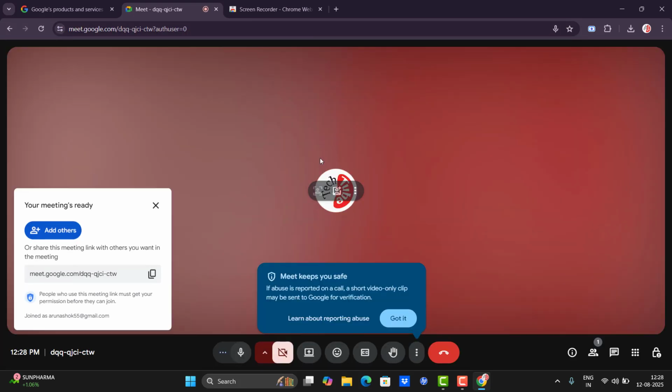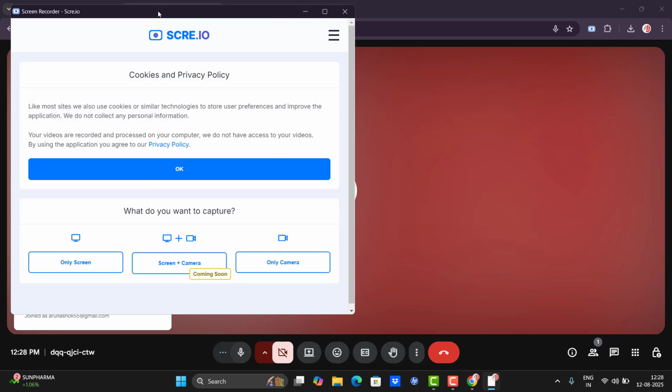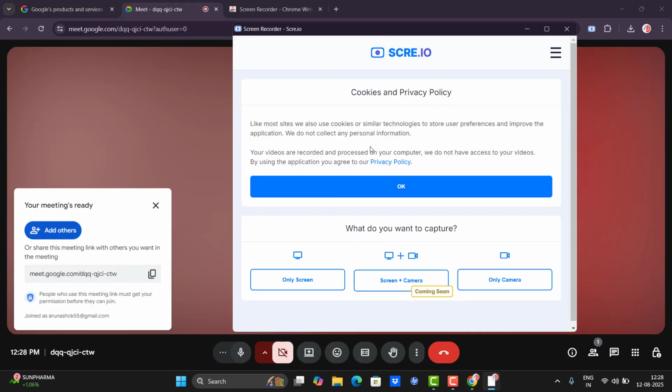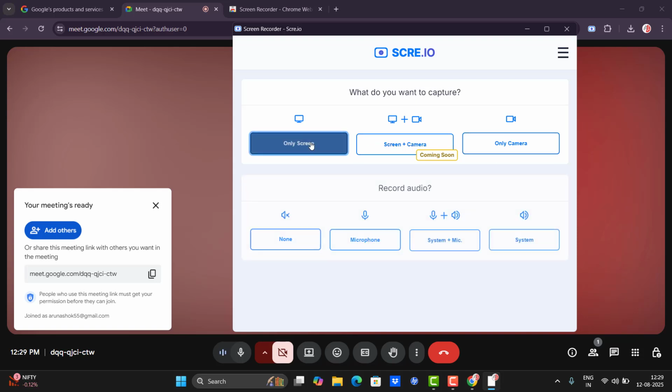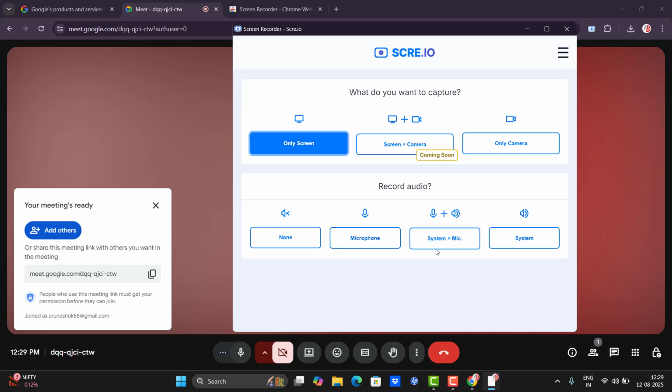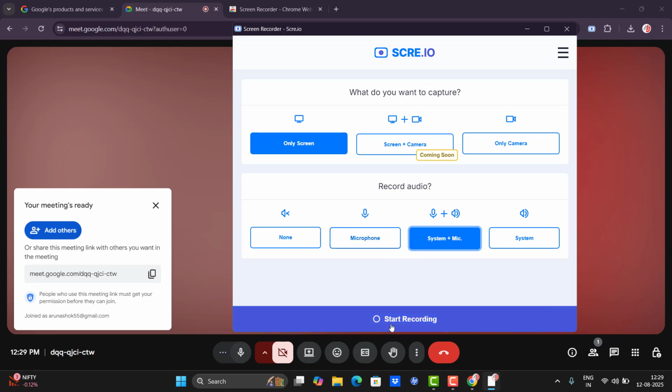I'm going to create a meeting to show how it's recording, and then click the screen recorder and set the options how you are going to record, like you want to record only screen or screen plus camera or only camera, it's up to you. It has 3 options. Once you click, it shows the audio options like none, microphone, system plus mic. Then click start recording